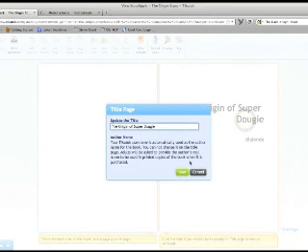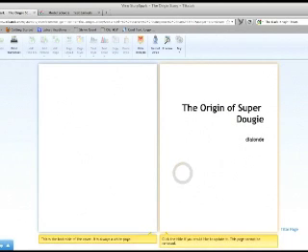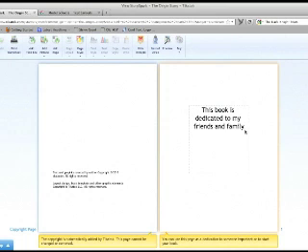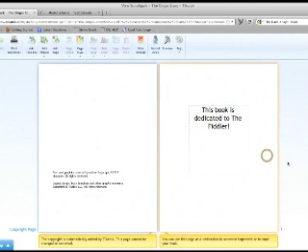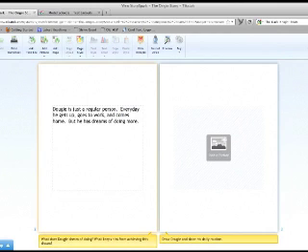And we have our internal cover page, and again, I can update the title if I choose to do so. We're not going to do that in this case. And then right here, you can see this book is dedicated to my family, but I'm going to dedicate this book to the Fiddler. And he knows who he is, so we're going to click outside of that and move forward. And again, you can see there's some content that's already been populated for us,